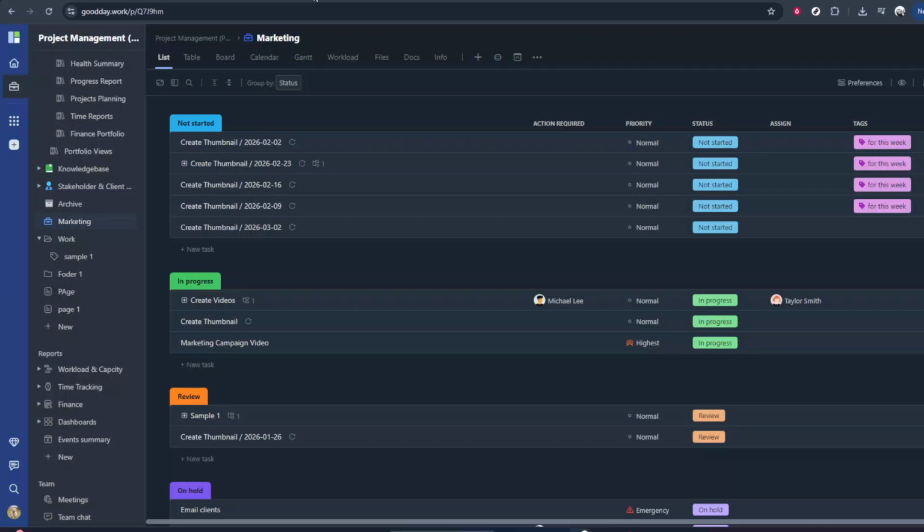In today's video, I'm going to teach you how to create a CRM account in GoodDay. We'll walk through this together from inside the GoodDay workspace, so make sure you're logged in before you start. Once you're on your main GoodDay screen, usually the My Tasks or dashboard view, look over to the left-hand side